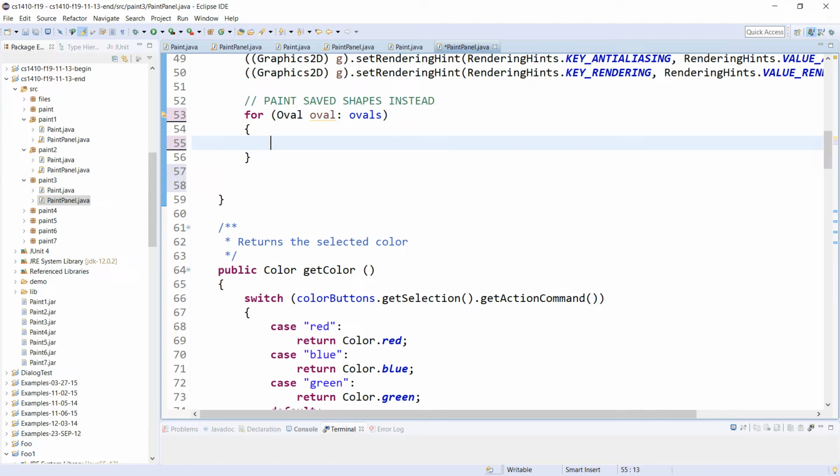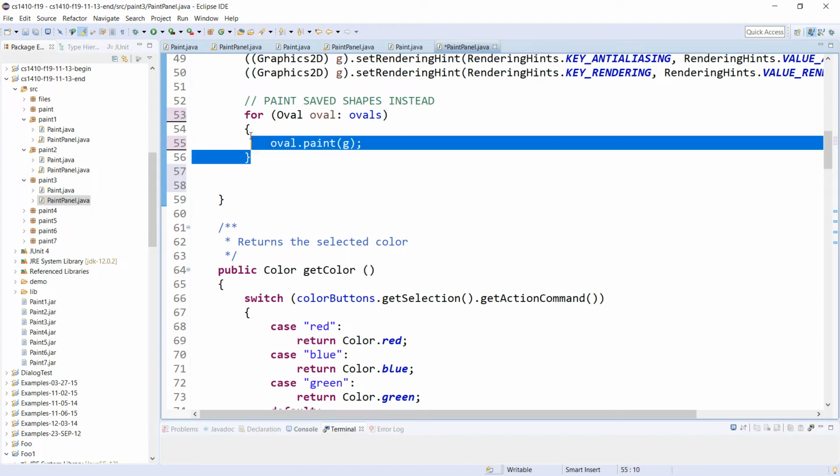How do we paint it? Right, there's a paint method I showed you. So we'll just ask the oval to paint itself using this graphics object. So we paint the ovals,